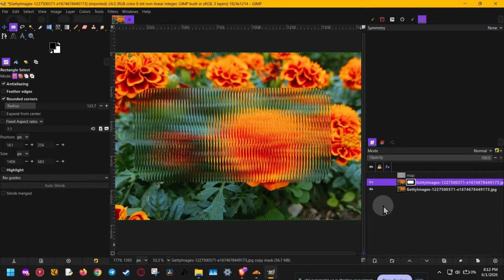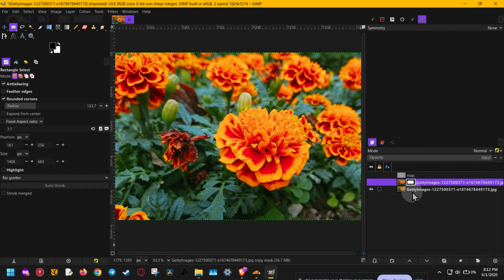If you want to create a stencil effect in GIMP, you're in the right place. In this video, I'm going to show you a simple step-by-step process to turn any image into a bold black and white stencil-style graphic using just a couple of built-in tools. This is a great technique for logos, posters, prints, social media graphics, and any design where you want a clean,